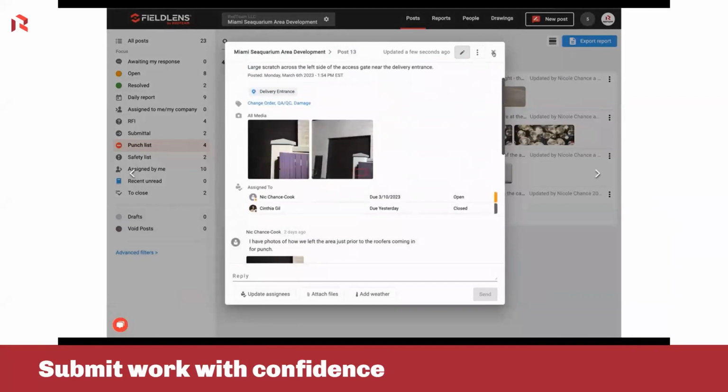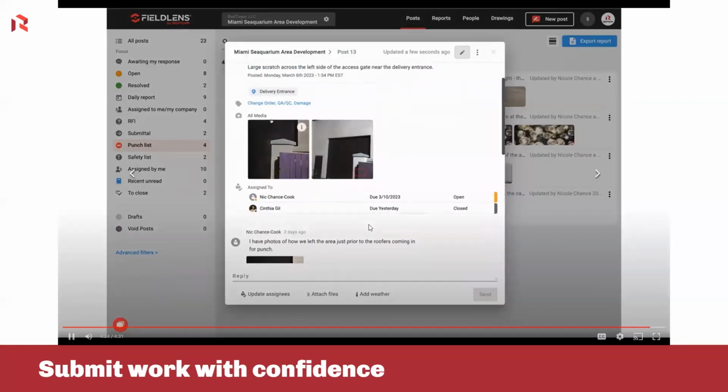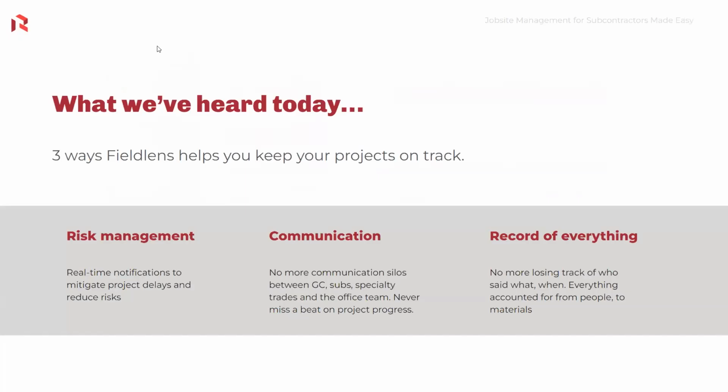And you have all those custom tags there, you can see it's change order, QA, QC, maybe damage. Beauty about those customized tags is that's a great way you can pull up anything. I think having any sort of change order tags is really important. We used to call it horse trading, but when you kind of get into that towards the end of the project, there's situations that maybe you had a favor done or you did a favor, being able to look through all that documentation, the back end really helps you to kind of smooth out and make sure everything kind of closes out swimmingly. So just to recap,